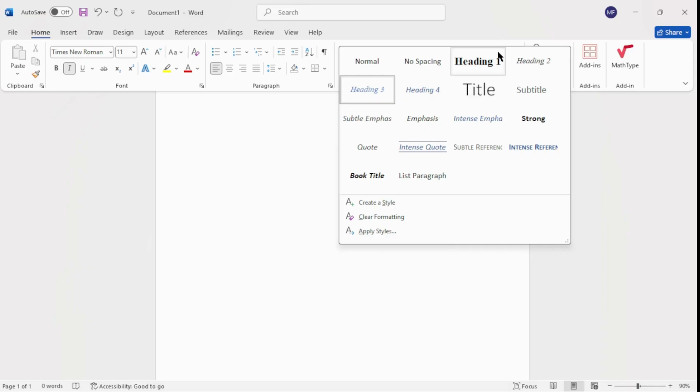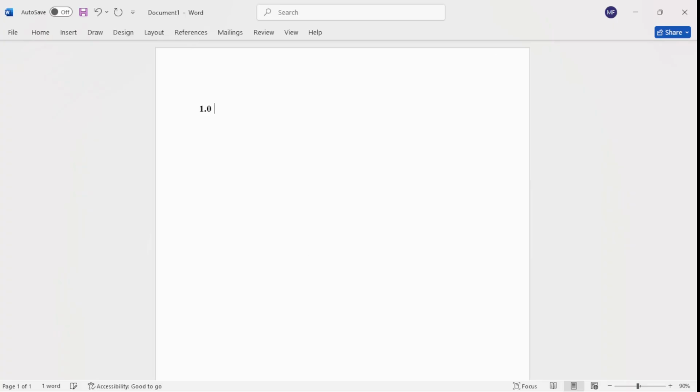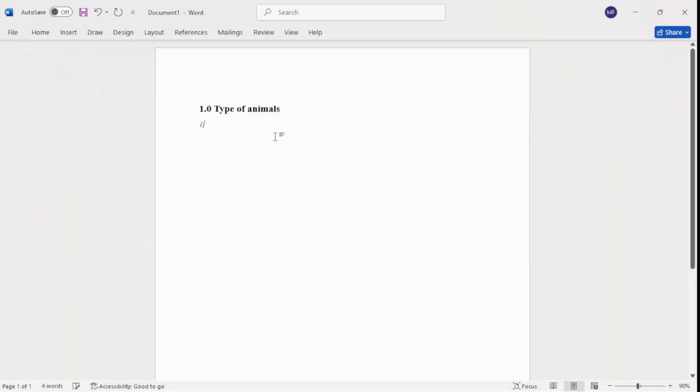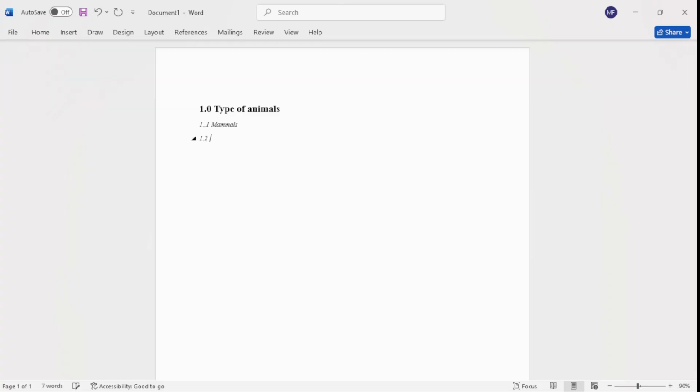For example, I choose Heading 1 and I write 1.0 types of animals, and I click enter and go to Home again and go to Heading 2. I write 1.1 mammals, and I click on Heading 2 again, 1.2 fish.